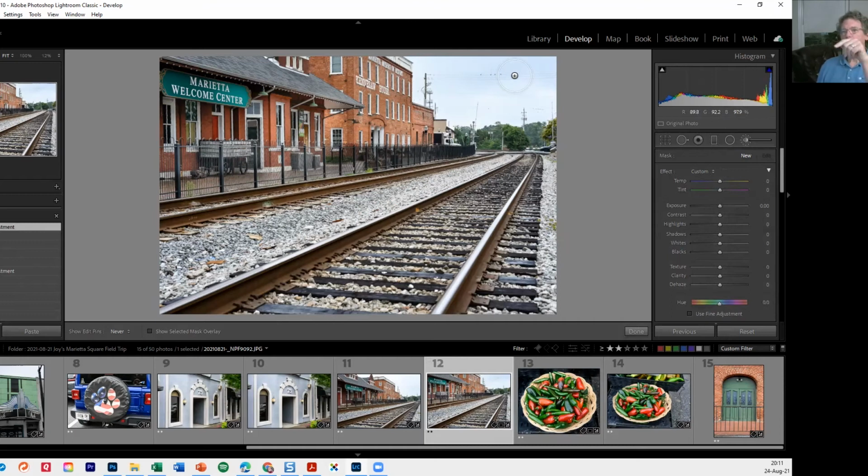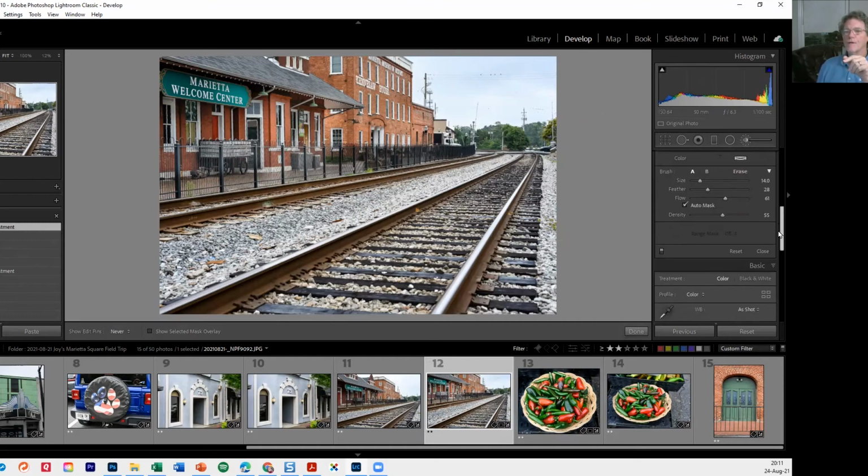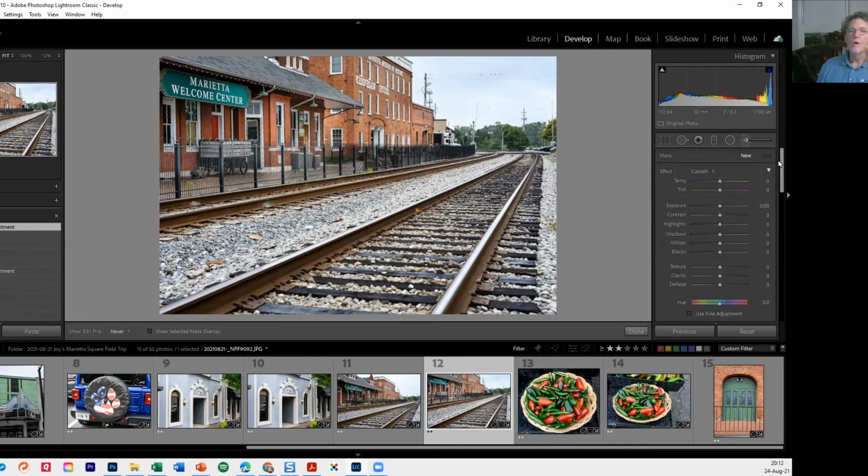Now, remember before, at the very bottom, we clicked on this thing that said auto mask. I did not show you this last night, Chuck, so this is new information for you as well. With auto mask, when you're painting, if it's within the first circle, it will paint it. If it's outside of it on the feather zone, it doesn't apply the effect. So if you're doing something like the edge of a building, this is really a nice tool to have right here. So I'm going to go up to the edge of the building,